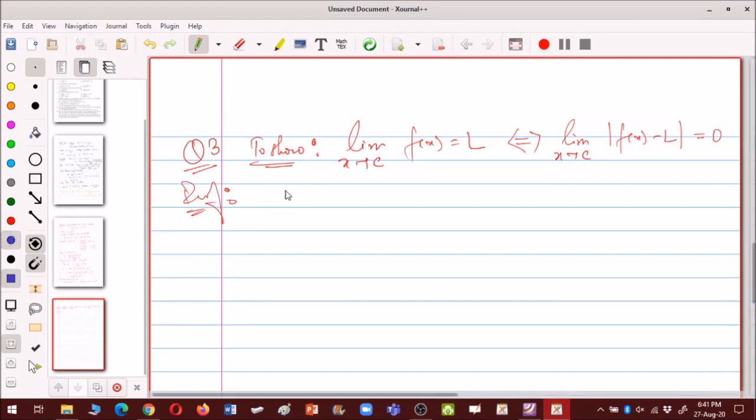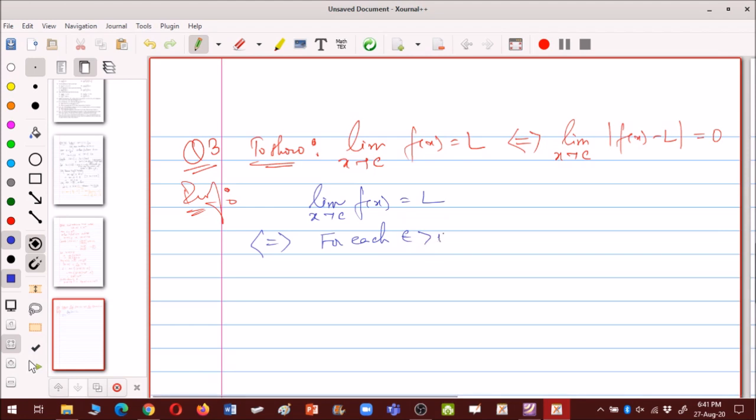So limit x tends to c f(x) equal to L. This is equivalent to saying that for each epsilon greater than 0 there exists delta greater than 0 such that 0 less than |x minus c| less than delta implies |f(x) minus L| less than epsilon,